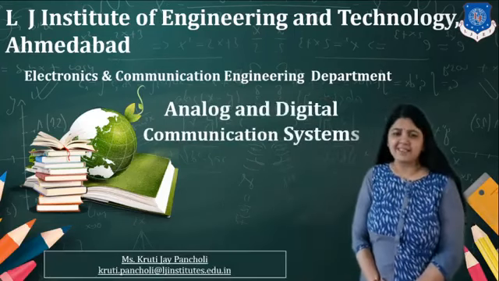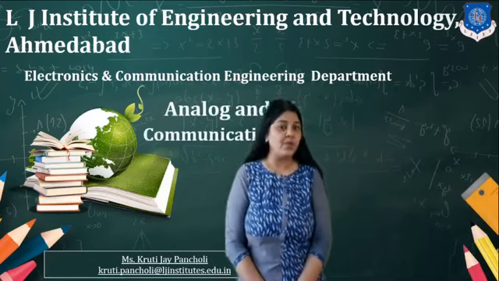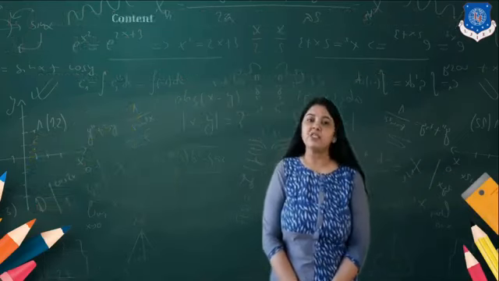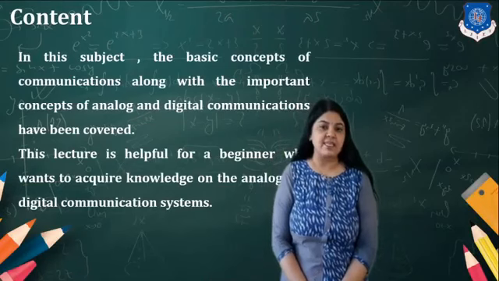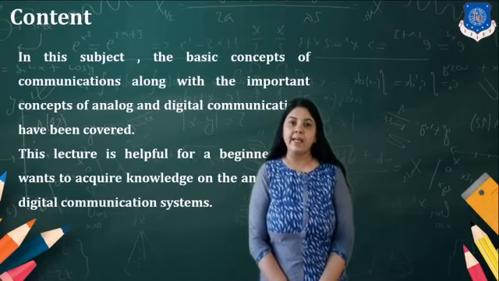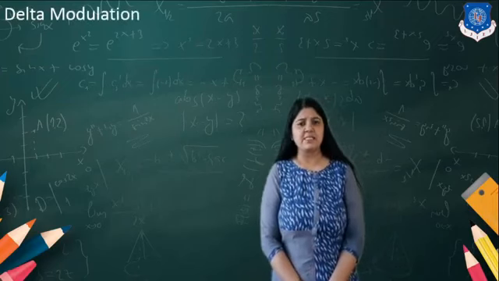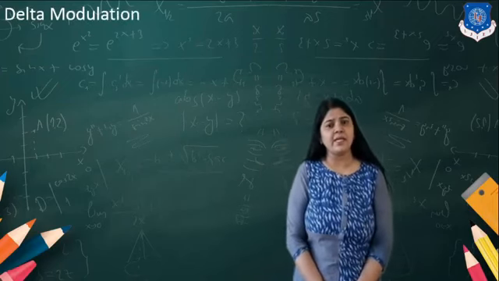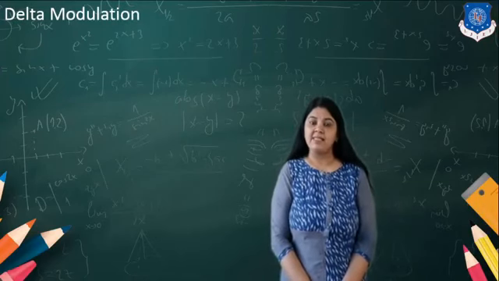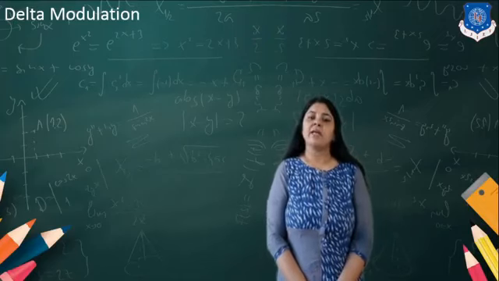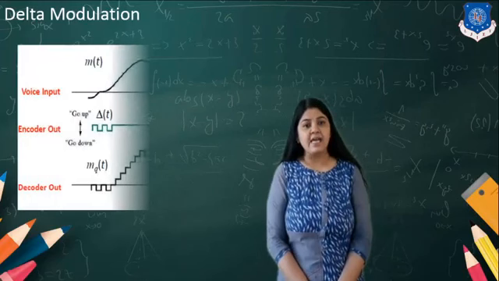So friends, in the last video, we learned about the various schemes for converting analog signals into digital ones. We learned about the techniques PCM, DPCM, ADPCM. Now, as we know, in PCM, n binary digits are transmitted per quantized sample. Hence, there is a requirement of a high sampling rate and high transmission bandwidth.